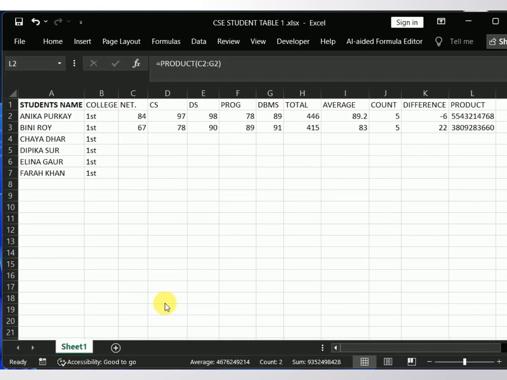In today's tutorial, I will teach you how to create a simple table of computer science students in Excel 365. Here we will learn how to use some useful Excel formulas like sum, average, count, subtraction, product, division, remainder, power, concatenating, etc. Before that, I will go to the Excel app and open a new workbook or worksheet and